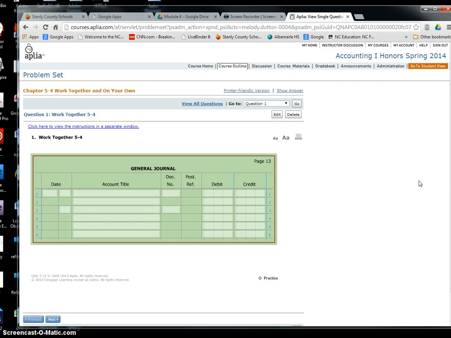Okay, Section 5.4. We're going to talk about petty cash. A business can keep small amounts of cash on hand in their office, and they like to use cash sometimes instead of writing a check for a small amount. This is called a petty cash box or petty cash fund, and you're going to use the petty cash account